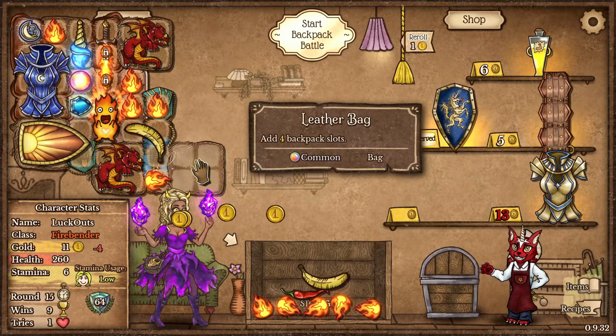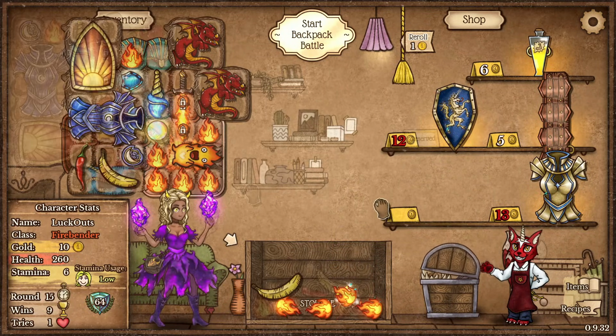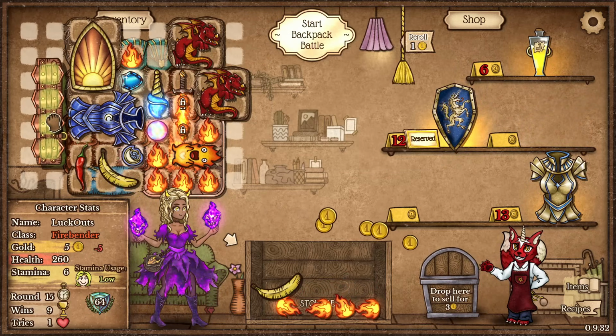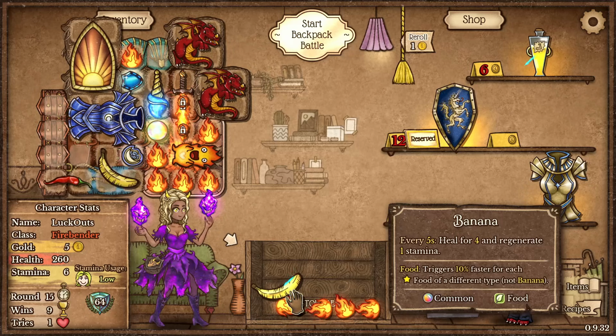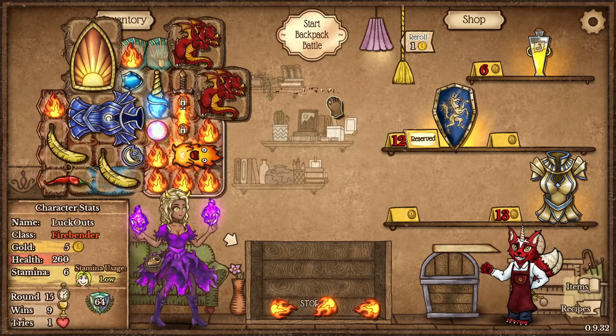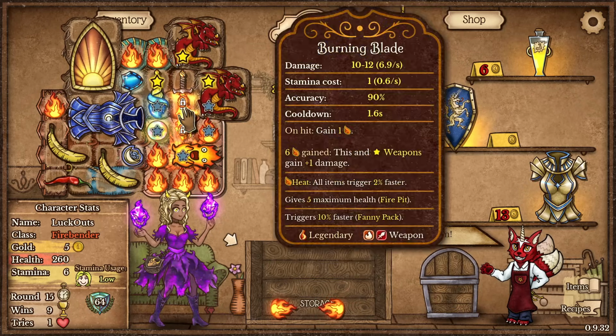However, I'm going to prioritize grabbing ourselves this leather bag. I did want to grab this Shield of Valor. So first of all, let's grab ourselves this potion belt so we can add in a second banana. Let's add in extra heat. But yeah, unfortunately, I'm going to kind of have to move on